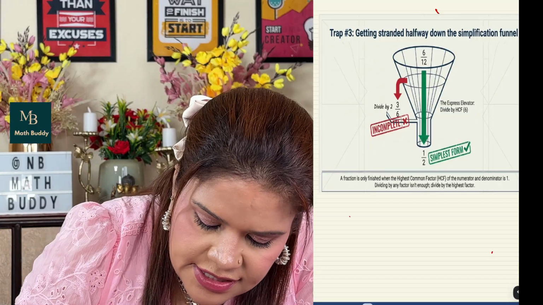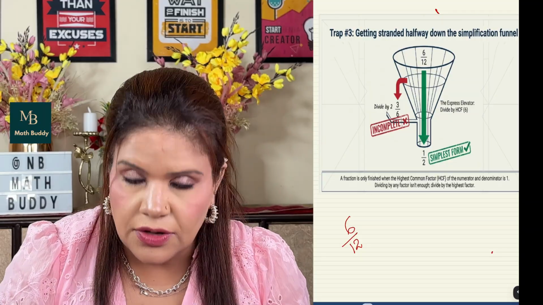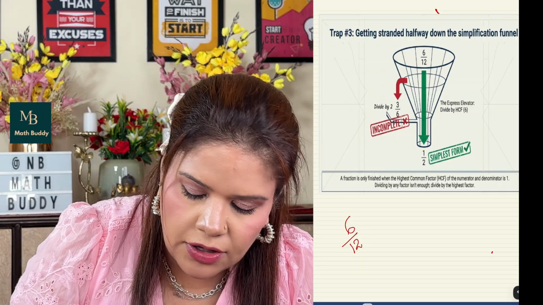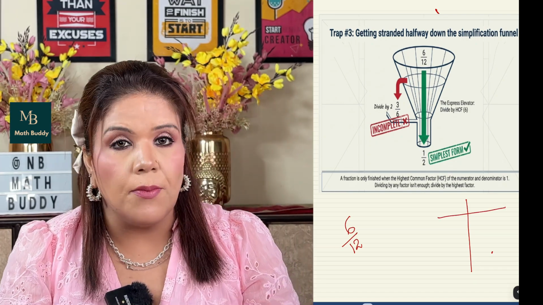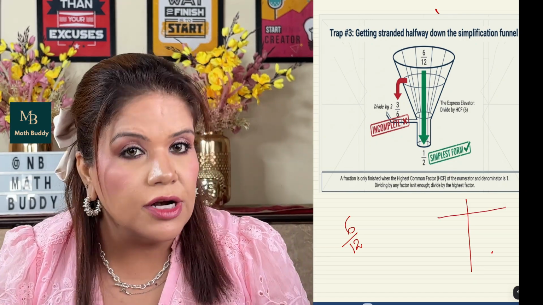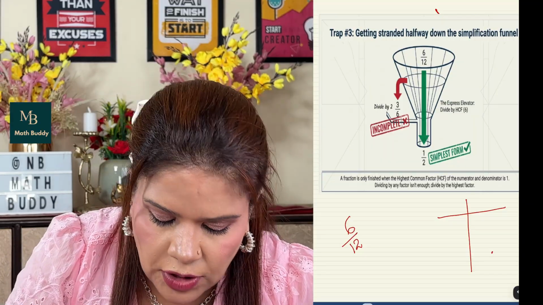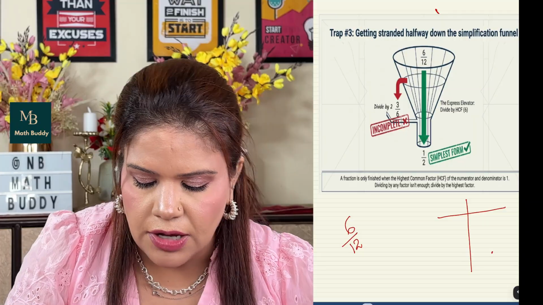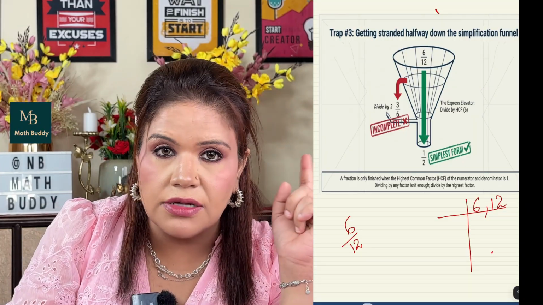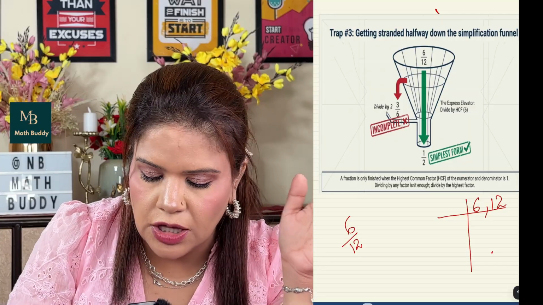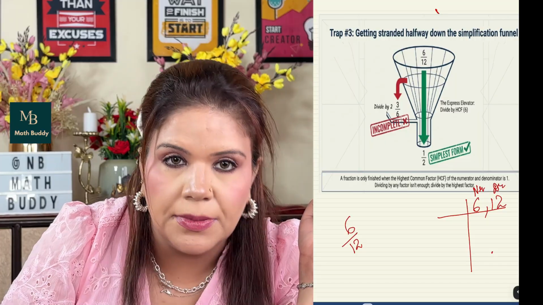Now if I take 6 and 12, I am going to give you one trick. You won't show that here, you will do that in rough work. Earlier we were applying the common factor method for the denominators for finding LCM. Now I am going to find the common factor of 6 and 12 by using the same method. Here are some important things you have to keep in mind. I have to first write the numerator and then the denominator.